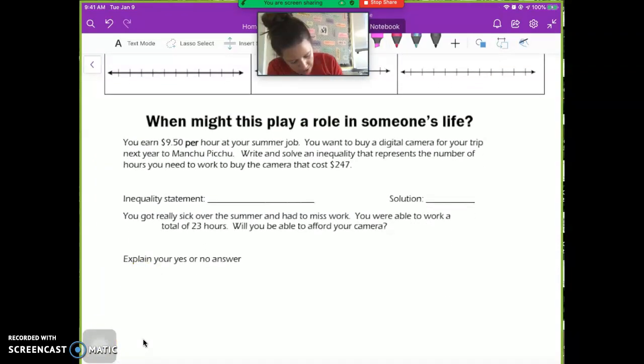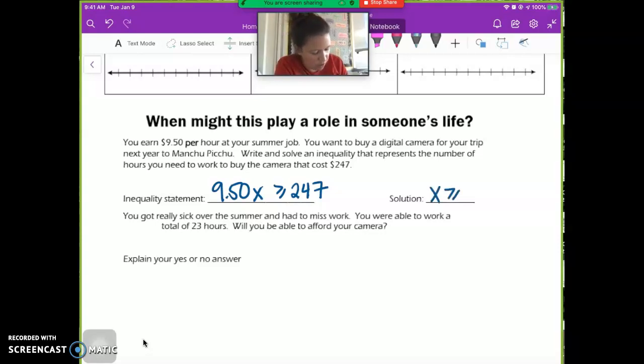All right, you are paid $9.50 per hour at your summer job. X is the amount of hours you work. You need to make $247. So you need to have greater than or equal to $247 in order to pay your bill. Okay, so divide both sides by 9.50, and x is greater than or equal